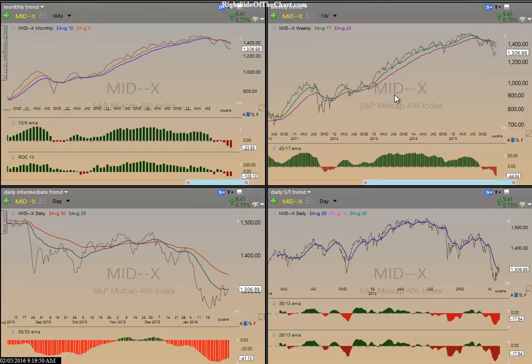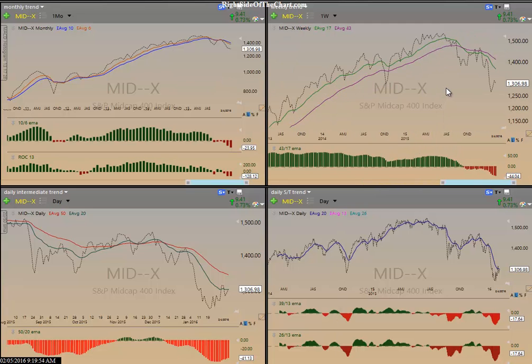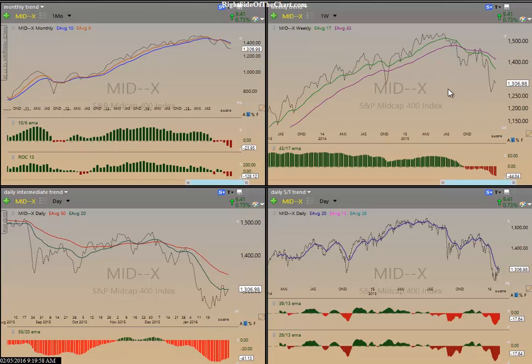index. I don't talk about them often, or trade them a lot. I know a couple of you do trade the MDY, which is the mid cap tracking ETF, and I'll try to incorporate that a little bit more into my analysis. And as always, if there's an index or security you trade, let me know. If I get enough requests, whether it's U.S. markets, a certain sector,